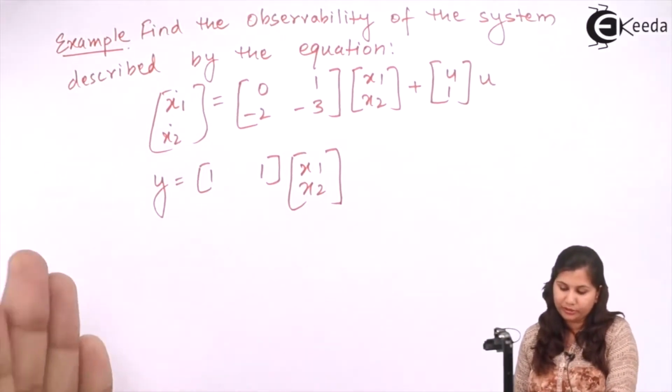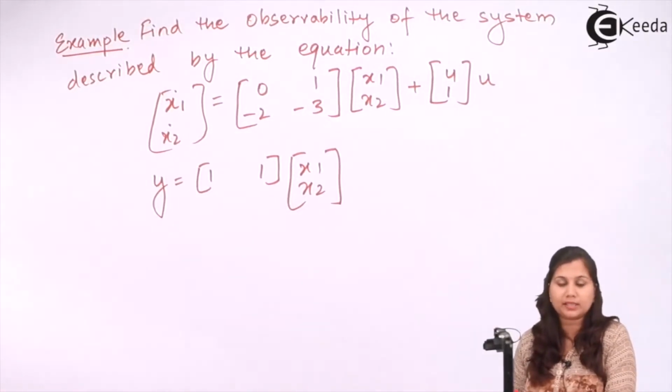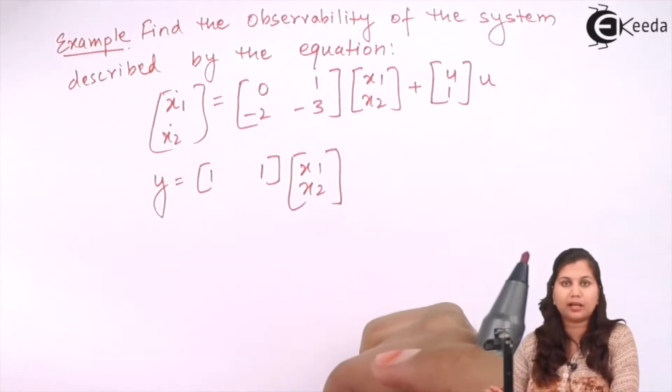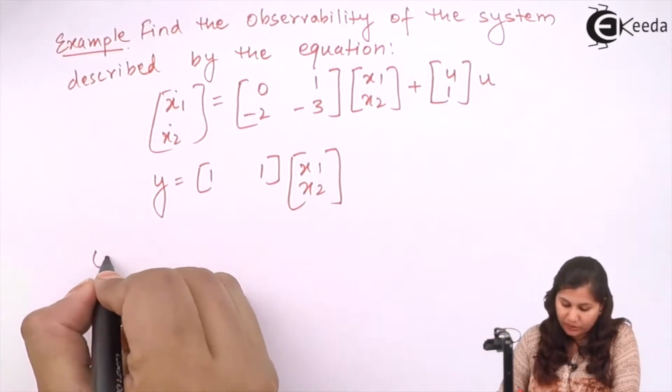So we have to determine the observability of the system, and the equations of the system are given to us. Now the observability